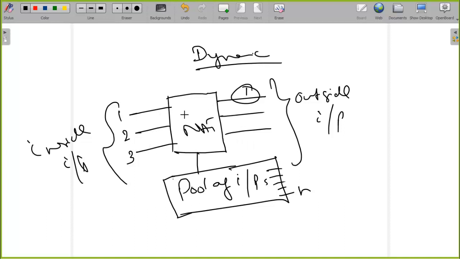So it is not one-on-one mapping. The first private IP address could be mapped with the third public IP address in the pool, or the second could even be mapped with the first IP address available in the pool. Any IP address can be mapped with any other, and these mappings are done on whoever comes first. So first in, first out; the same concept is assumed here. Based on the IP addresses available in the pool, they are allocated to the private IP addresses. This is how it works in case of dynamic NAT.